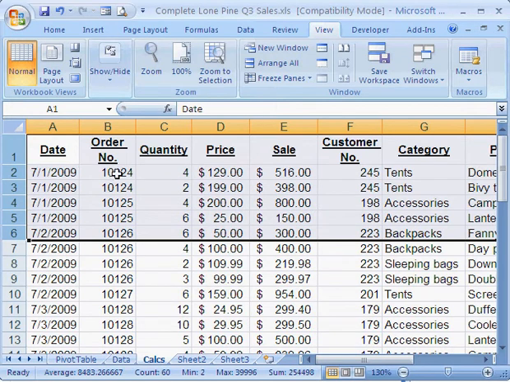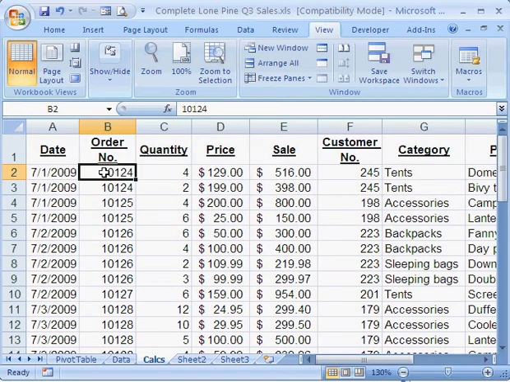Another way to minimize scrolling is to freeze panes. The trick here is to click in the cell that you want to be the upper left corner of the area that does scroll. If I click here and choose Freeze Panes,